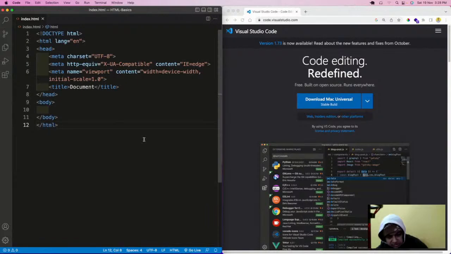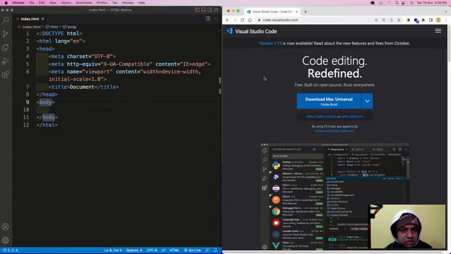Sorry. So this doctype html means it is HTML version 5. After this we have html lang equals en, meaning the language is English. Then we have a head, then we have a body. HTML is starting, and HTML is ending. Then we have a head tag and body tag. In the head tag we have things related to whatever is required for our CSS and all.